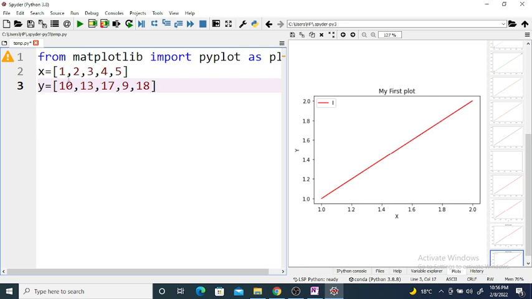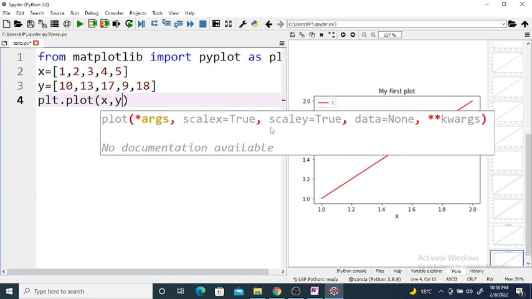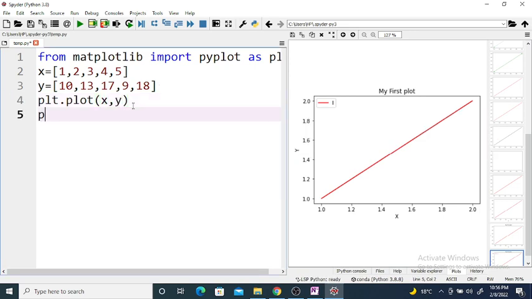Okay, they are the marks obtained by 5 students. Then by using plt.plot(x, y), and if you write here plt.show(),